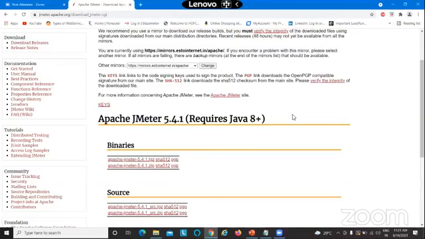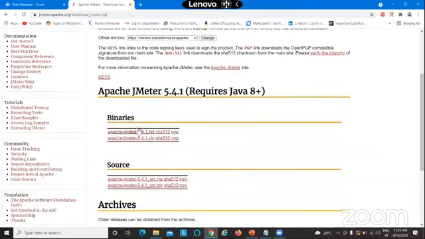This JMeter version comes with a lot of UI changes. They have beautified a couple of UI parts, and a few additional parameters are coming up. So always keep an eye on the latest releases. They keep on releasing the latest versions. I started somewhere around 3 point something, so you know how many versions have come up.